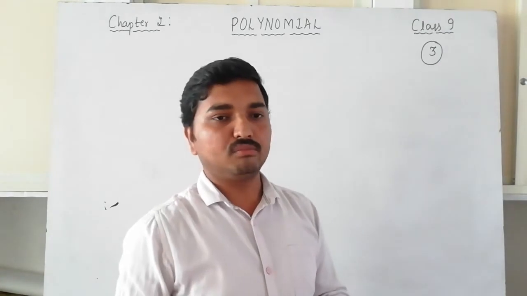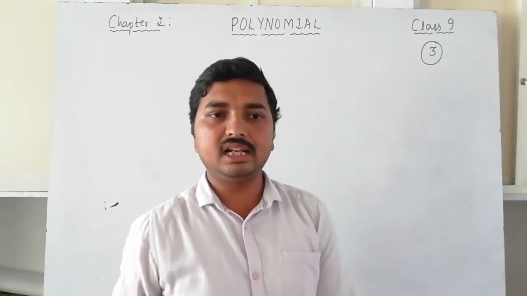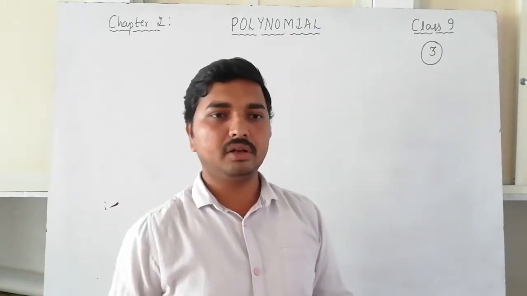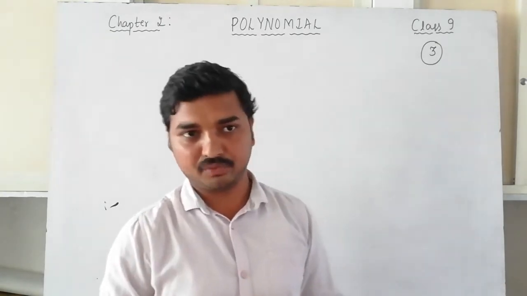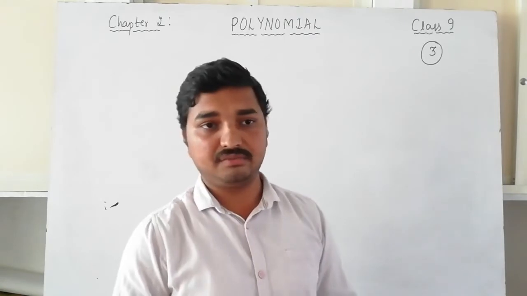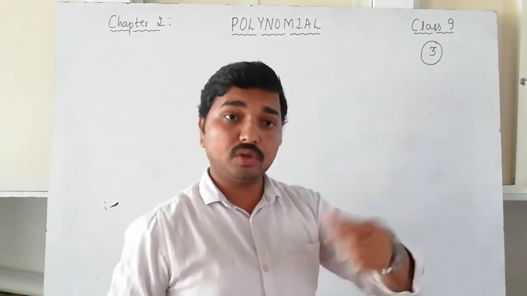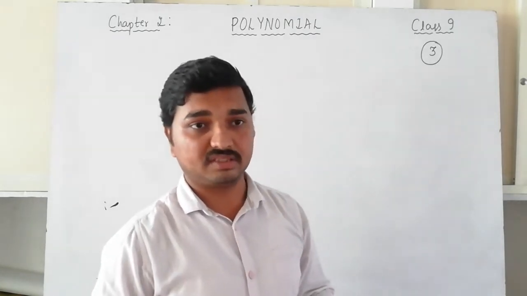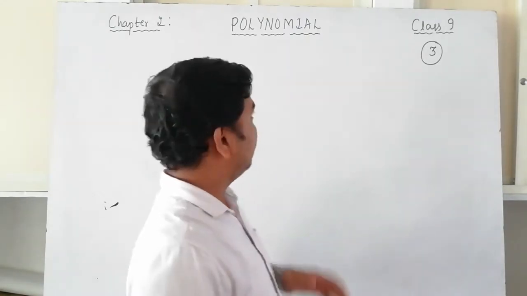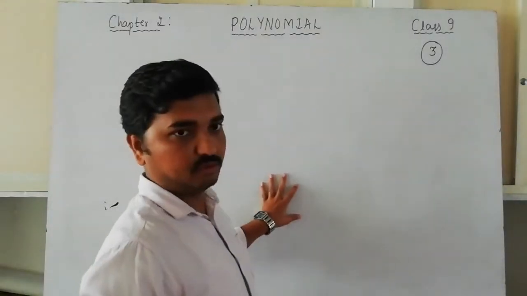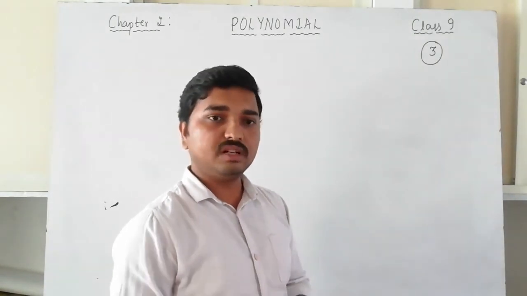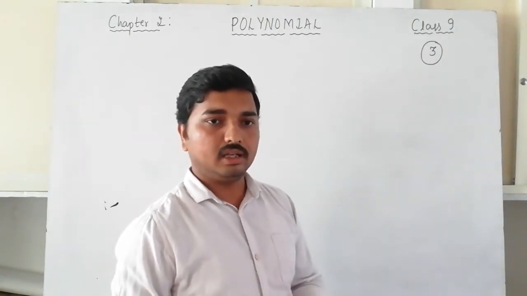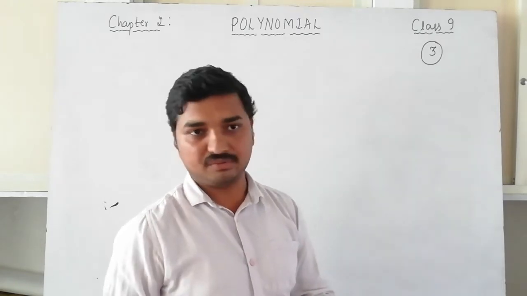If there are more than 3 terms, in general it is a polynomial, but in particular we can classify that one as a monomial, binomial, trinomial, like that. This is one kind of classification, and 2 more types of classification are also present. First I am going to write a flow chart for you on how the polynomials are classified, and after that I am going to define each type of classification.